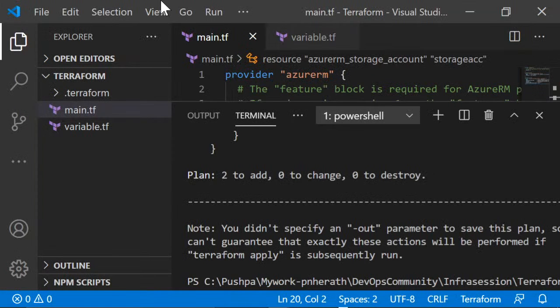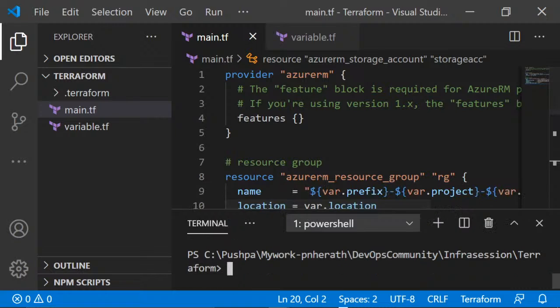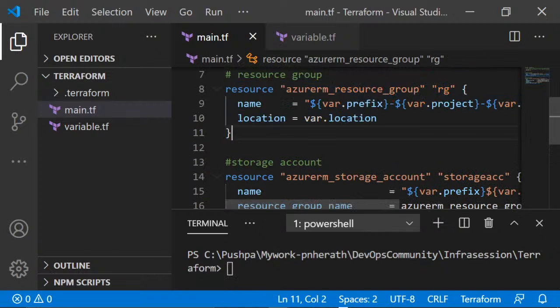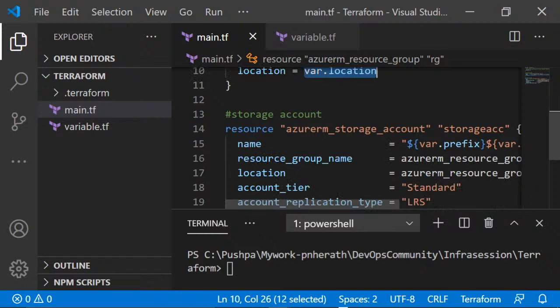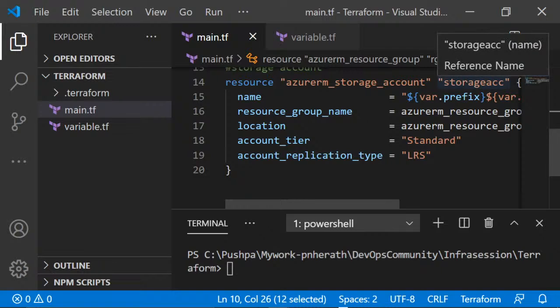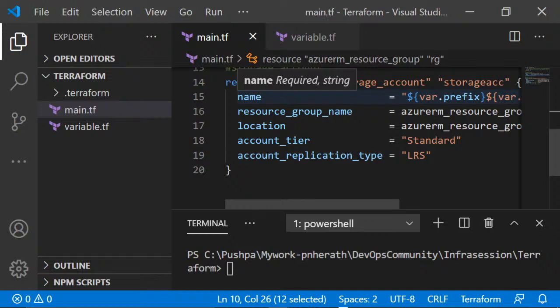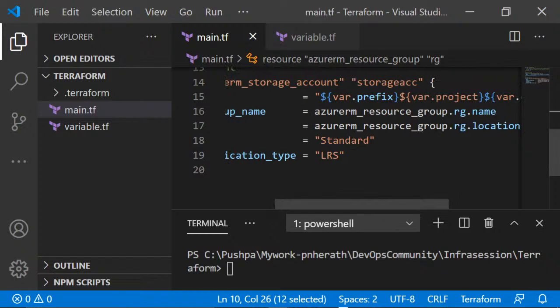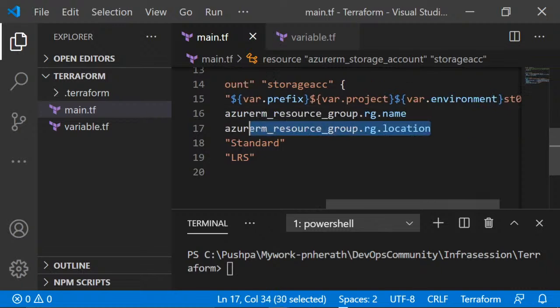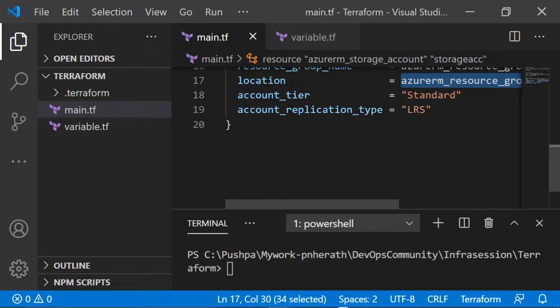Here we have two Terraform files. This one is to configure a resource group. This code block is to provision a resource group. We can give the name and the location for the resource group. Then in this code section, we try to configure a storage account. We give the name for the storage account, and the resource group we can refer to using the name given here, using this kind of command. And here you can see the location of the resource group and other values